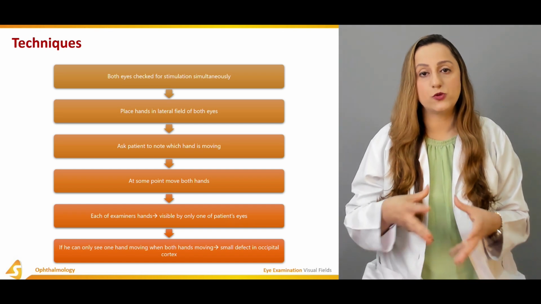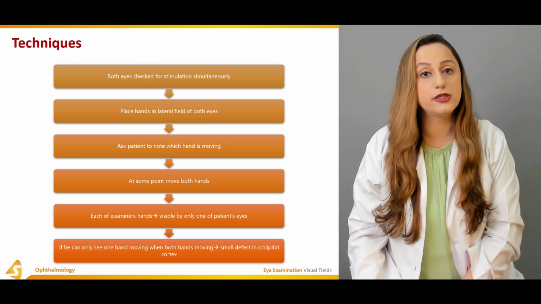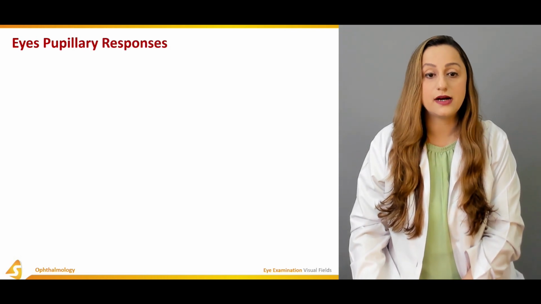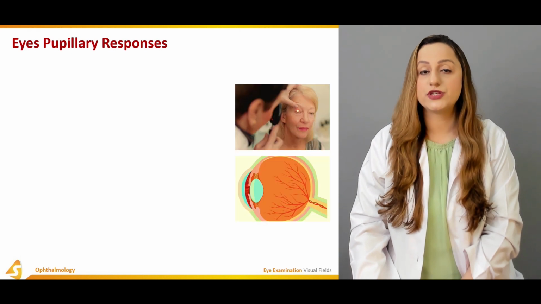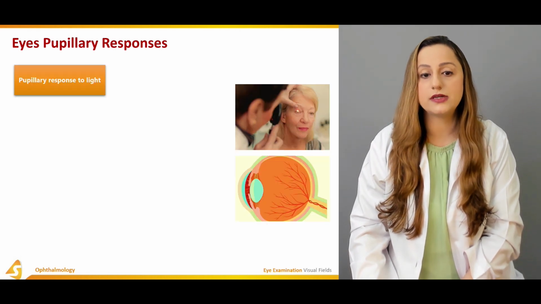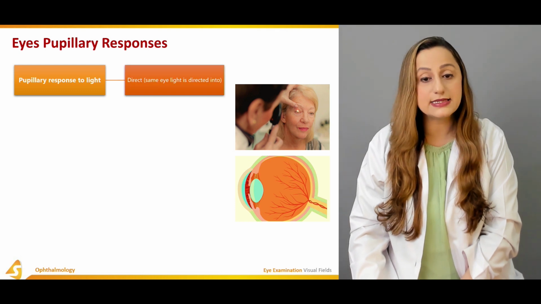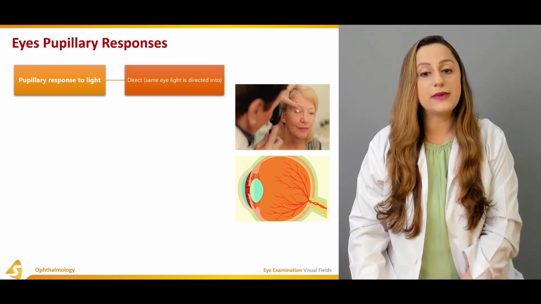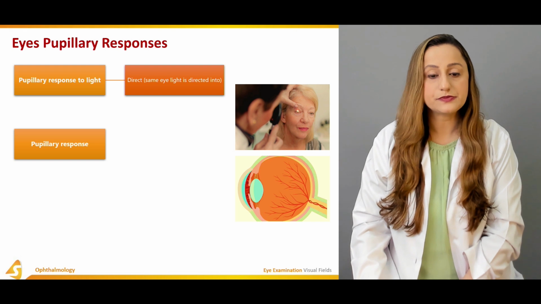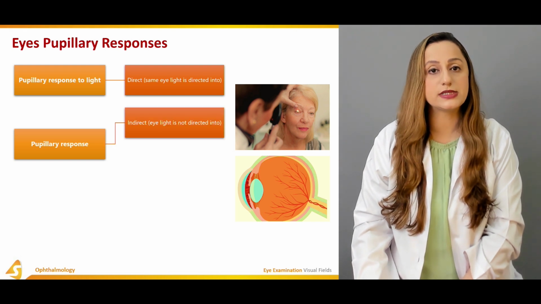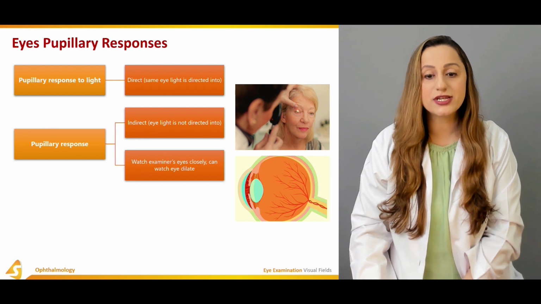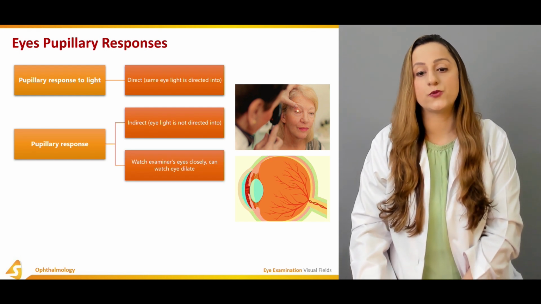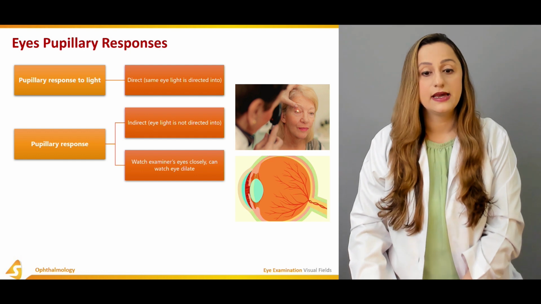So usually if the visual fields are defective, the occipital lobe is the criteria that we're talking about over here. Then we have the eyes' pupillary responses that are clearly seen over here. The pupillary response to the light is seen. Direct: the same eye that light is directed into. And then we have the indirect pupillary responses, where the eye is not the one the light is directed into. Watch the examiner's eyes closely and you can watch the eye dilate in this